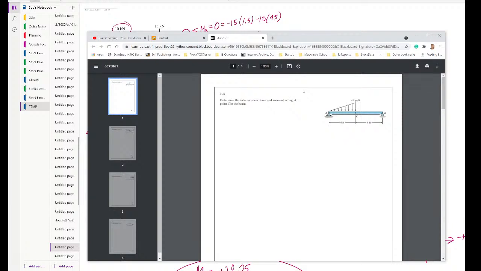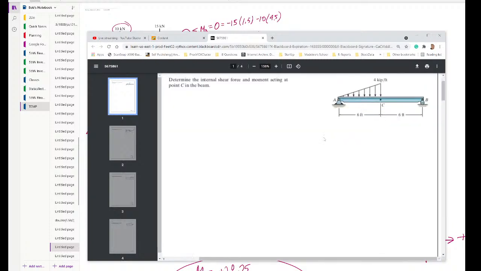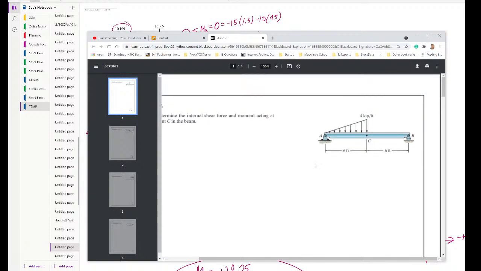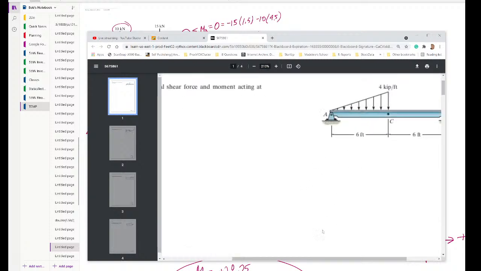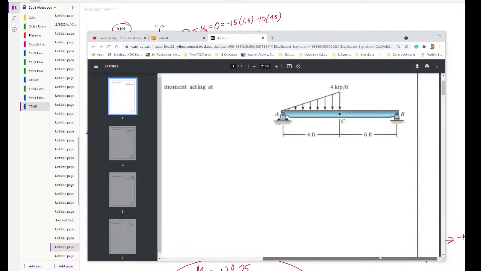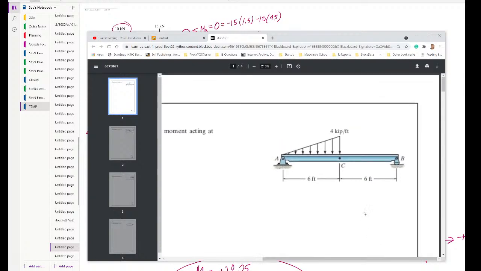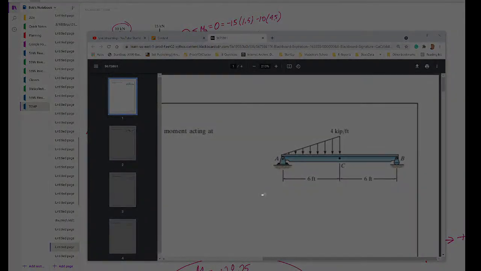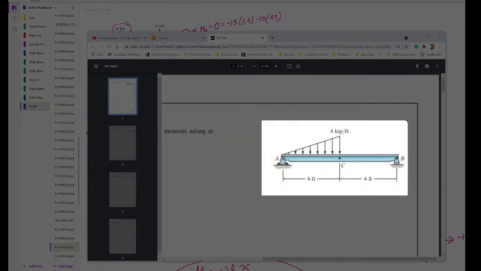So, let's take a look at the homework. So, if we look at this problem, and he wants to know the